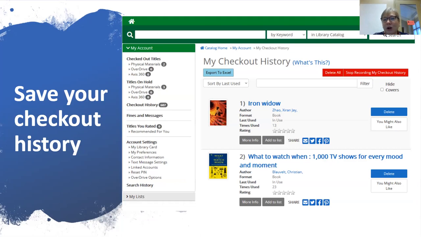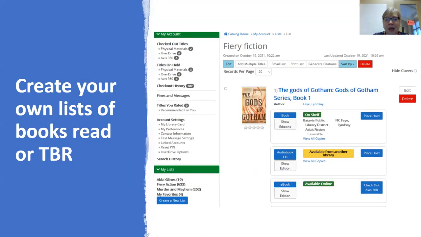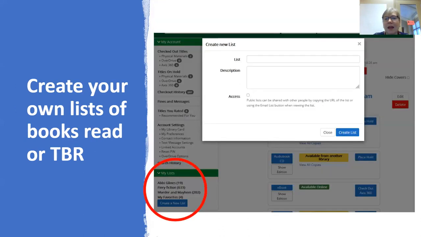Another great way to keep track of what you've checked out, as well as other books that you would like to read, is also on that left-hand panel down at the bottom. It's called My Lists. If you look under that, I've got a few different lists saved there. But I can also click on the button that says create a new list. And it pops up this little menu. So I can give the list a name, give it a description,